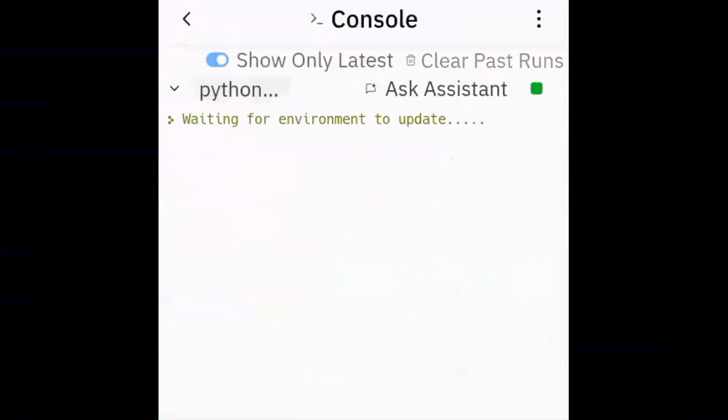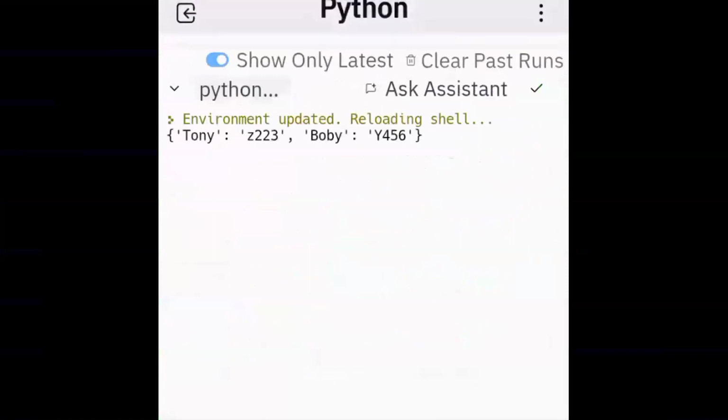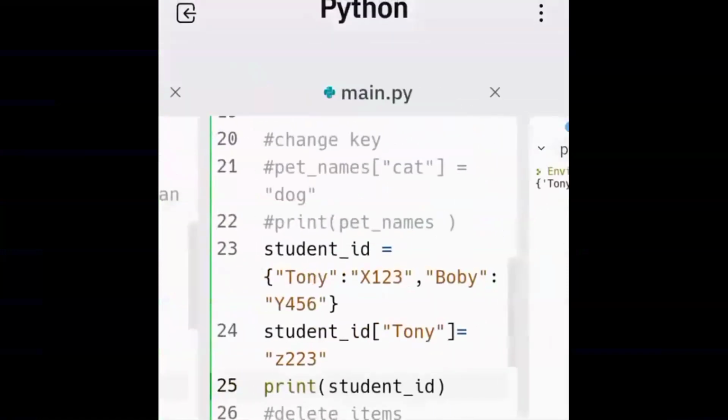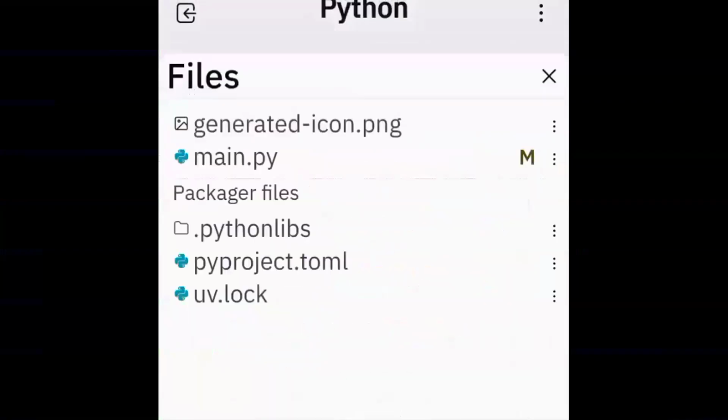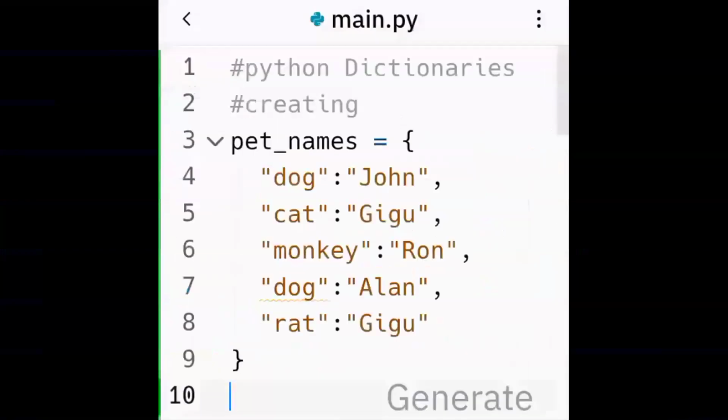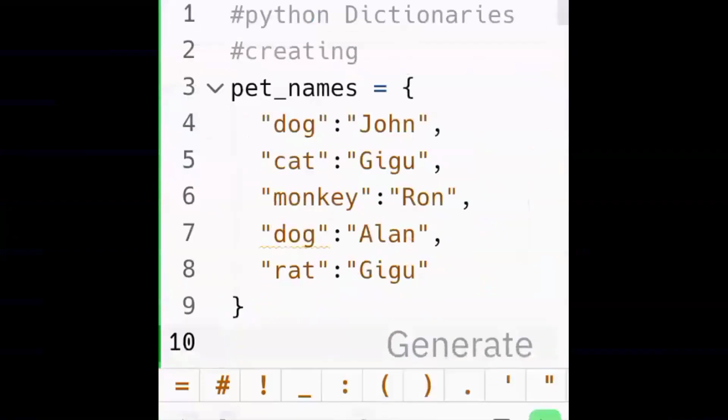There you go. I was able to change the value of the ID to XZ223 instead of the previous value. Like I said, it's possible to change the values in the key value pair. So that was another example.